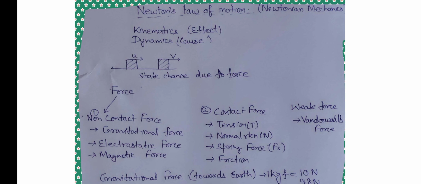Here we will discuss cause and effect. As we already read about kinematics, that is the effect, why the action happens. Like you can see in the picture, if there is a body which is moving with velocity u and the position changes, v will be the new velocity. So there is a change in state, and this is the change of state due to the force because we had applied the force. So the effect is the state change and the cause is the force.